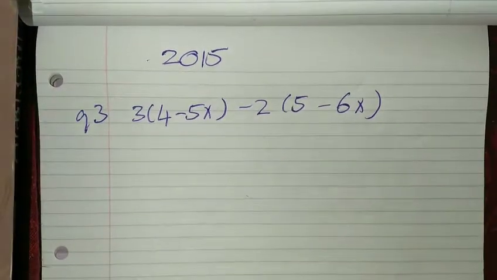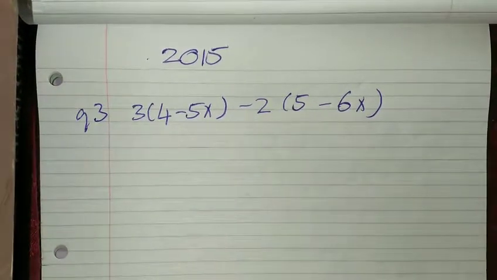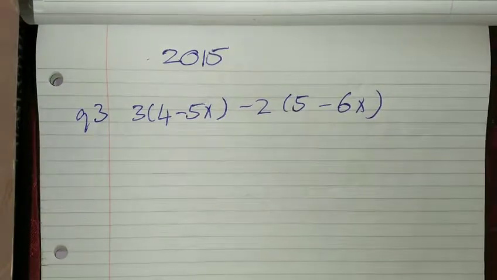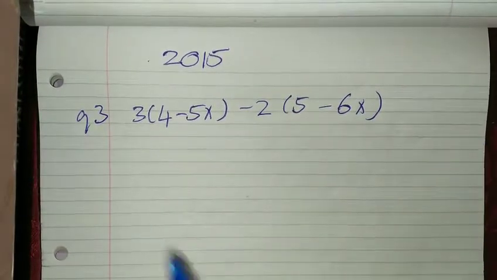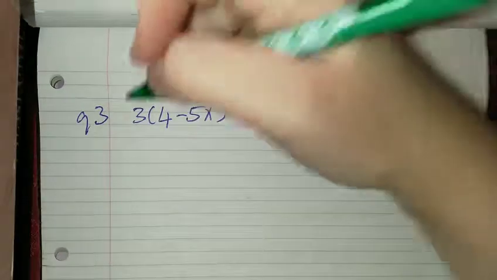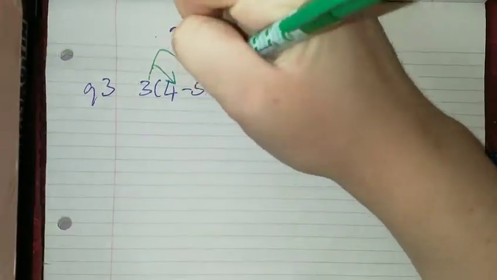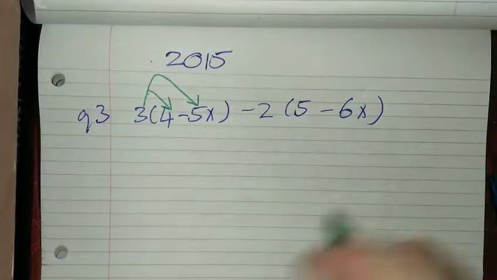So here we have the 2015, this is question 3, Leaving Cert Ordinary Level, and this question is on algebra. So first we're asked to simplify this. Firstly, I'm going to have to multiply out my bracket. So I'll have to multiply my 3 by my 4 and my 3 by minus 5x, and then I'm going